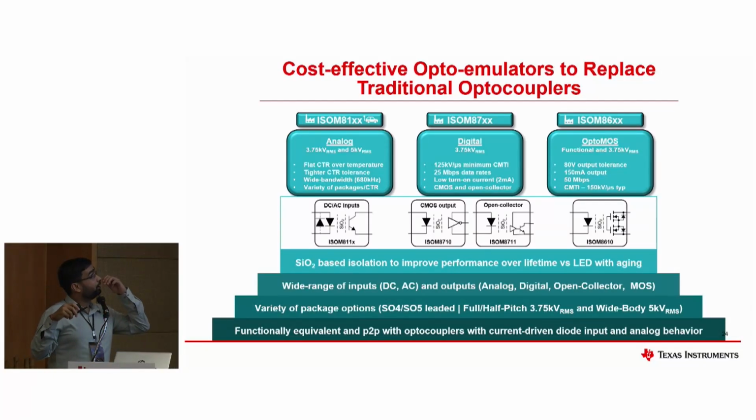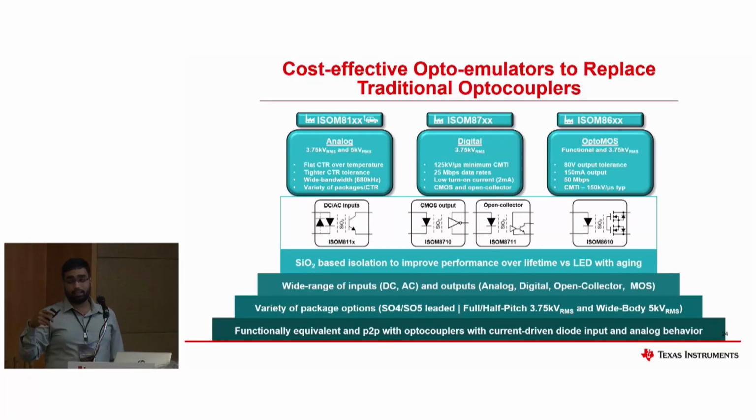The first one is the ISO M81 series, which is the analog opto, I would say, because here you give a certain X amount of input current and you get a Y amount of output current, as long as side 2 here is able to supply that current. So there is a constant relation between IF, the forward input current, and the collector current, which is nothing but CTR. It's called current transfer ratio.